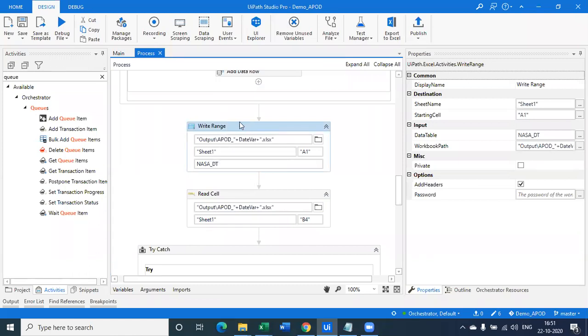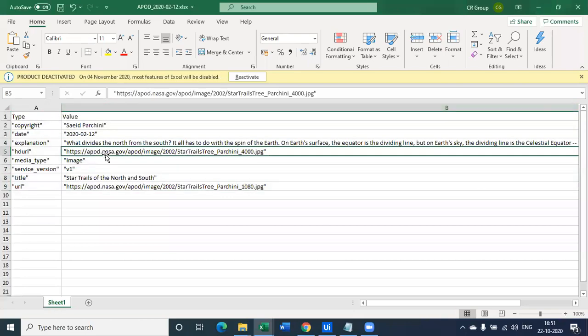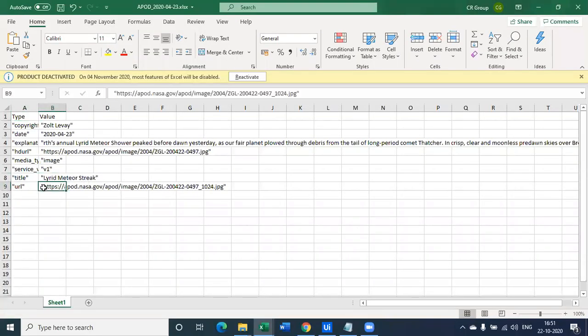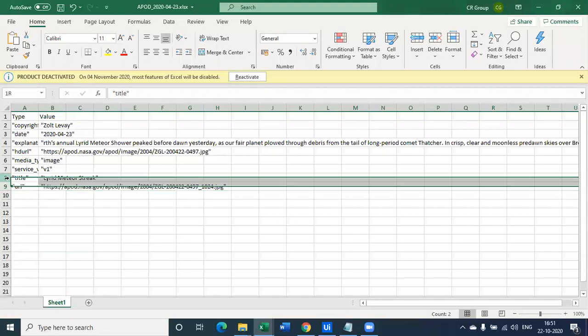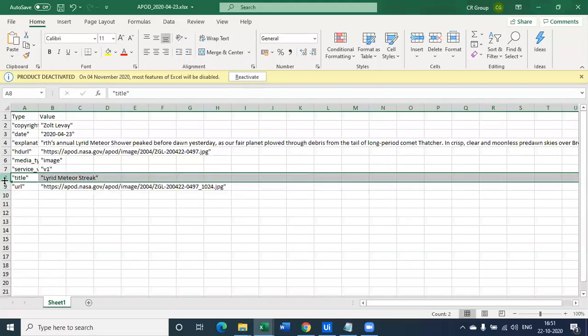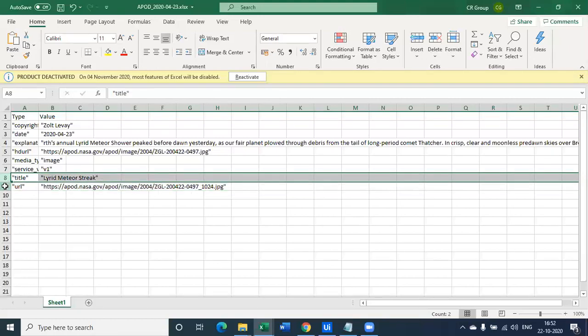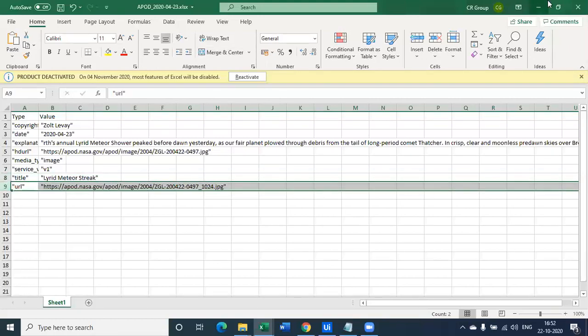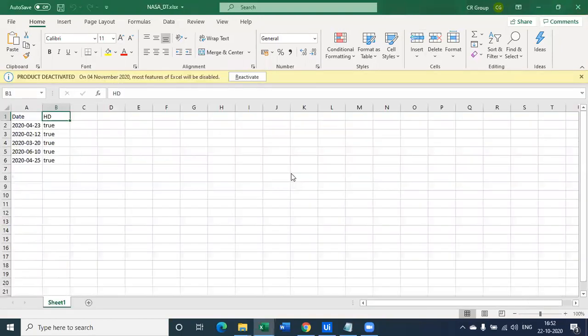Okay. Now, once we store all this information in the output folder, which is right here in this format, we need to go ahead and hit the API, which is on the 9th row. Sometimes it could be on the 9th or it could be on the 8th row, depending upon the information received from the JSON response. Now, to tackle this issue that the URL might be on the 8th or 9th row, I'll just close this one.